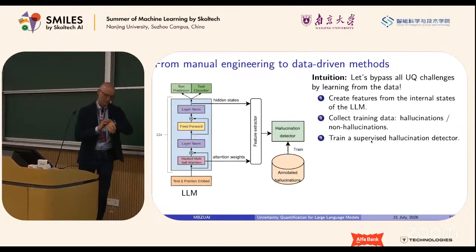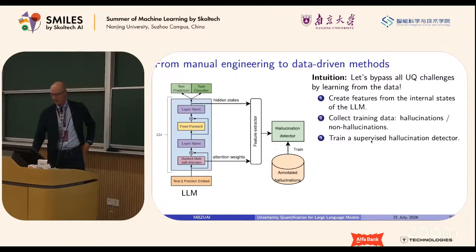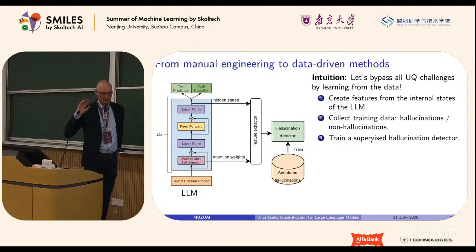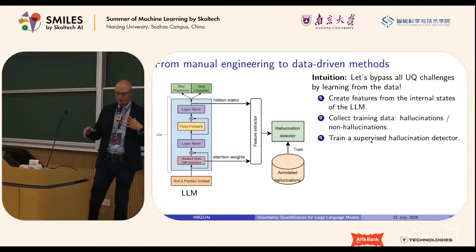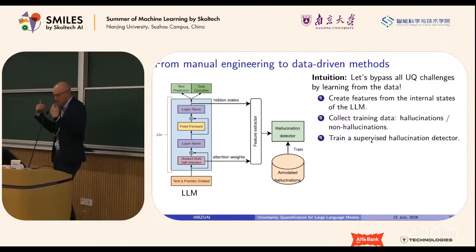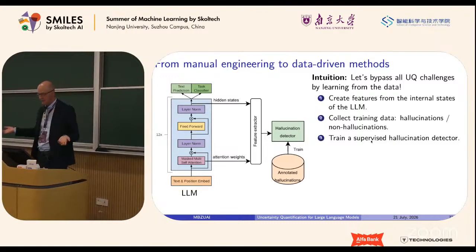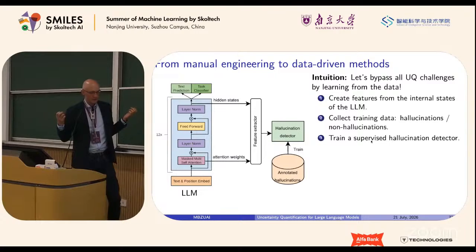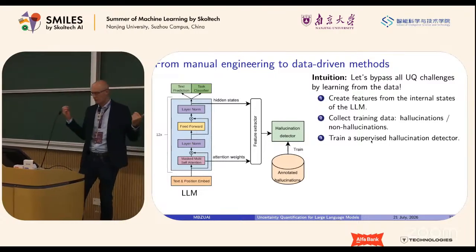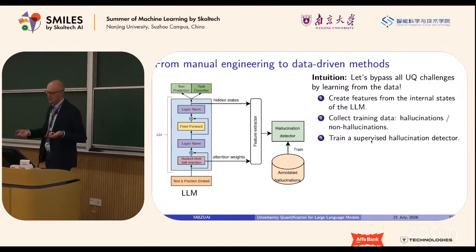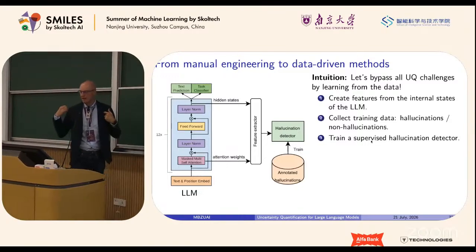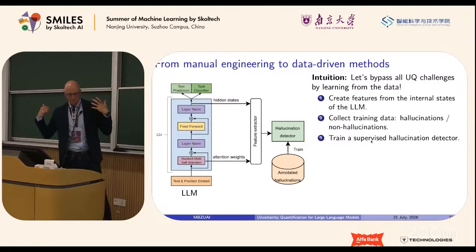And also a few words about training-based techniques. If we have some patterns, we can not try to find these patterns on our own. We can just train some models that can help us to detect hallucinations, right? What we can do, we can generate some text from the language model. We can label each text, or maybe some spans or segments of text, then we can engineer some features.